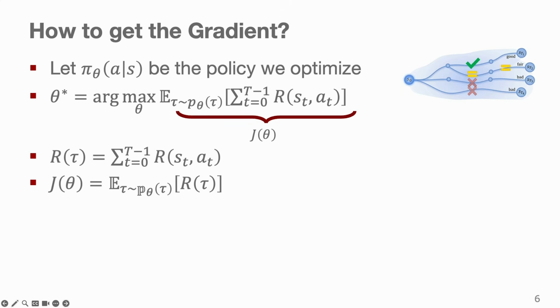So our goal is to maximize the expected sum of rewards, J(theta), and the trajectories are being drawn from the distribution pi theta of tau. But there is this problem that it's not straightforward to get a gradient on J(theta) directly, because there is this sampling process in between. So the relationship between both is kind of implicit.